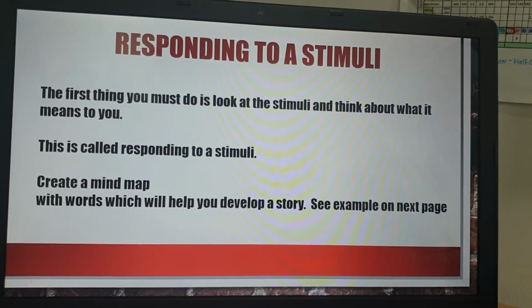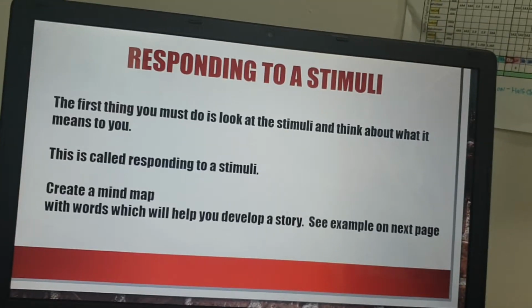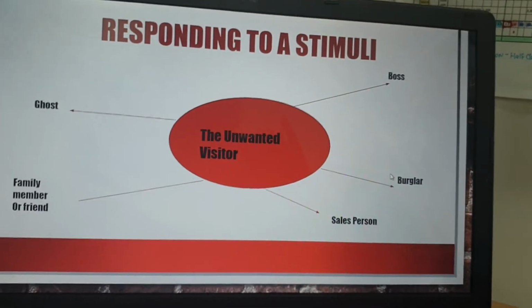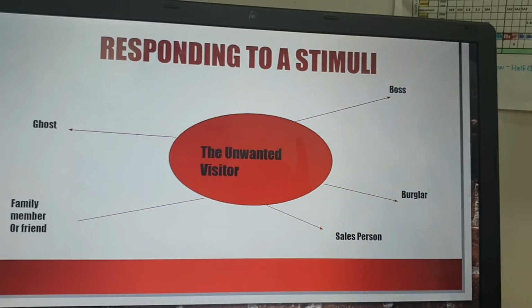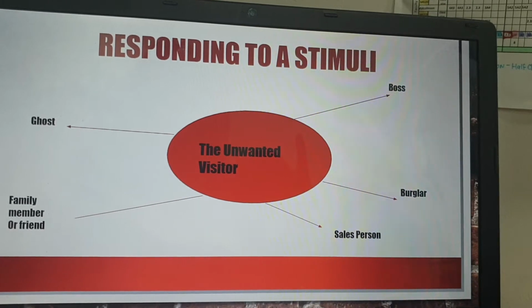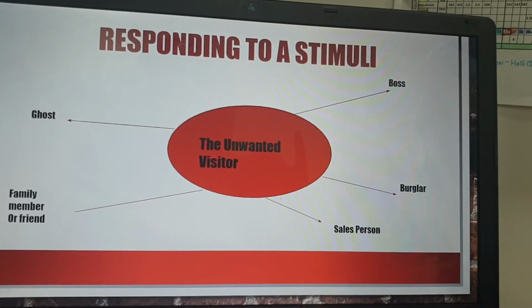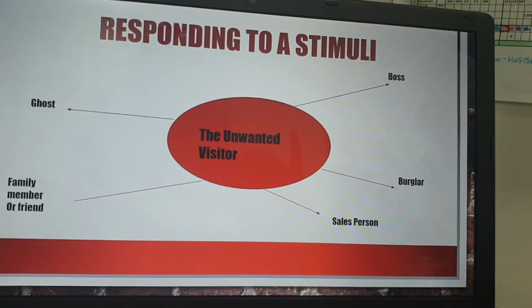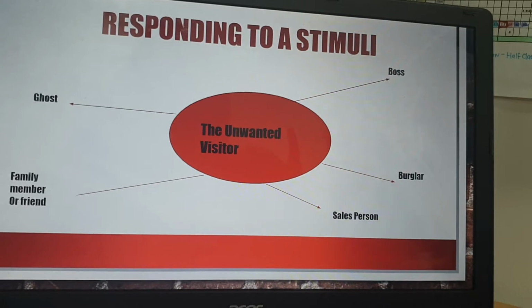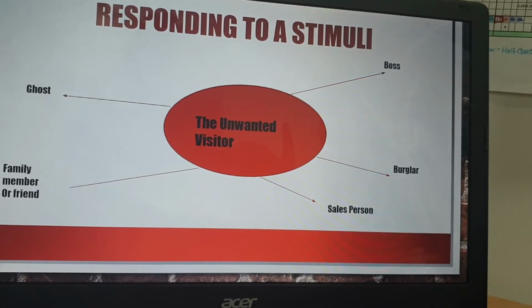Now, the first thing you have to do is create a mind map, which will help develop your story. Now, a lot of people got confused and said, Miss Walker, do I have to copy this down? And I said, no, that's not what you have to do. Your stimulus this week is the lock and key. But I didn't want to put the example of the lock and key up because people would just copy it and say that was their story. So what I've done instead is I've given you a different stimulus, but this is only for the example, called